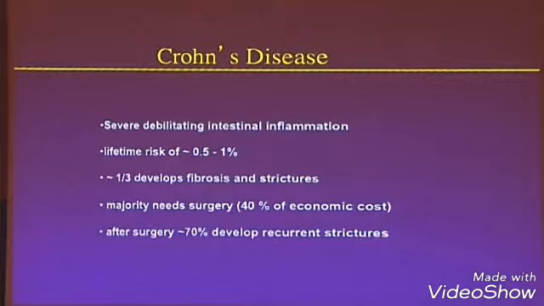So just to remind you, Crohn's disease, it's an inflammatory bowel disease. It's a really awful, severe intestinal inflammatory type disease. These are the lifetime risks of acquiring it. And a major complication of Crohn's, the most major complication of Crohn's, is they develop what's called fibrosis and strictures. Basically, the intestine gets really stiff and often has to be cut out by surgery. You can see the surgical removal of these parts of the bowel, and these can then redevelop these strictures. And this is just an awful aspect of Crohn's disease.